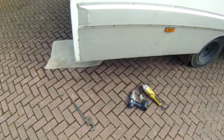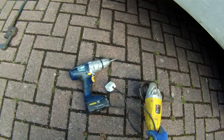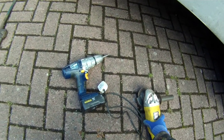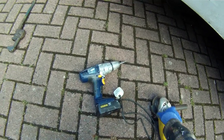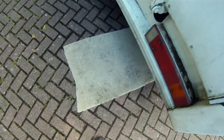So the other tools that we need for this job are an angle grinder, one of these for cutting off the screws, bolts that hold the wood and rubber and everything in place, a screwdriver for unscrewing the screws, and a large adjustable wrench like this one here. To make life easier, we're going to adjust the tension on the springs so we get underneath,